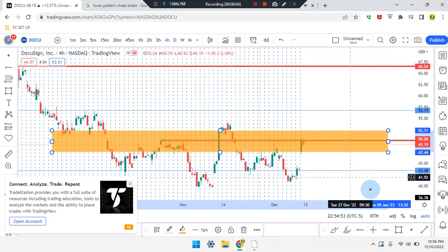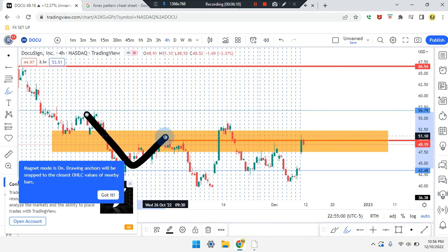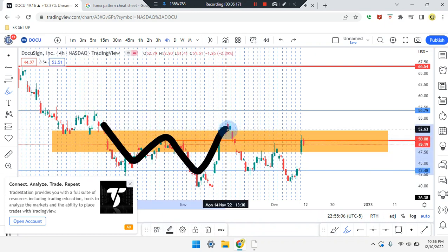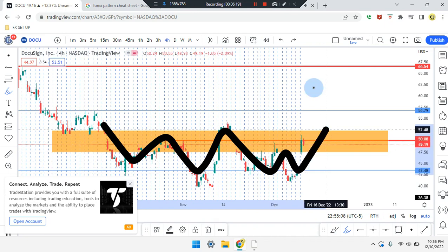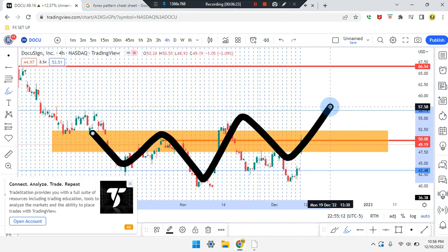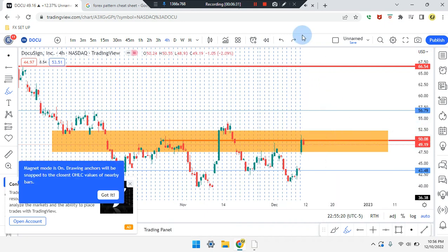So let's take a look at what happened. That market did break through that SR line, that zone, and came back to retest. If that market is respected for that uptrend, you'll see it's like a left shoulder, a head, and a double right shoulder, and the market pushes up. So the market's coming from a head and shoulders pattern, and the market comes back up. If it breaks through the zone in the SR line, we look for a break and retest, followed up with